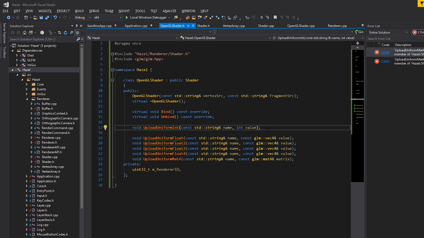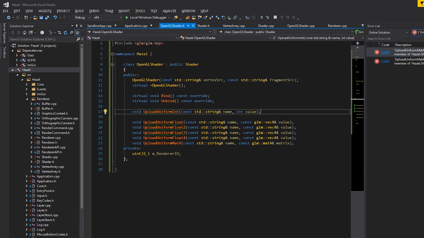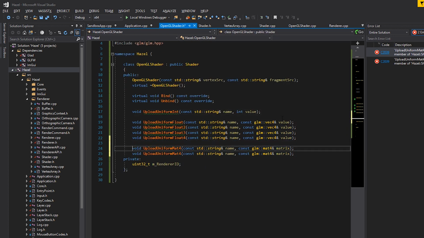We definitely could. I'm just trying to think what on earth they'd be used for. And int 3 would probably be quite useful for like bone indices, but again, we're not dealing with animation anytime soon, so I don't think that's useful right now. So I'll deal with that in the future as we need it. I'll do mat3 though, because that could potentially be useful. Okay, so